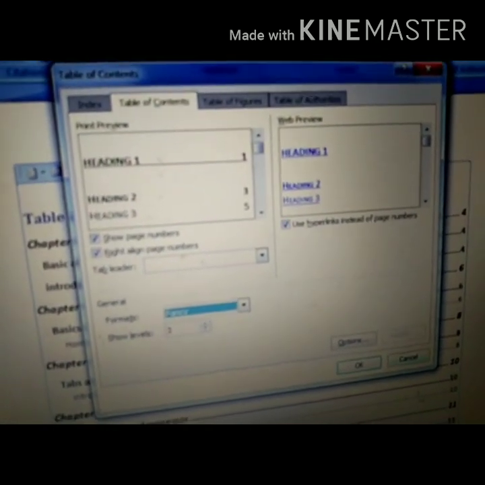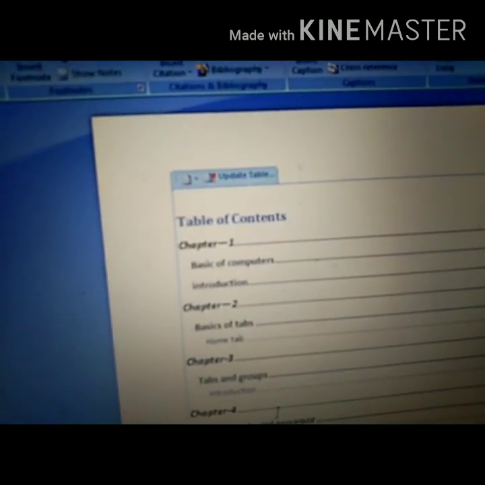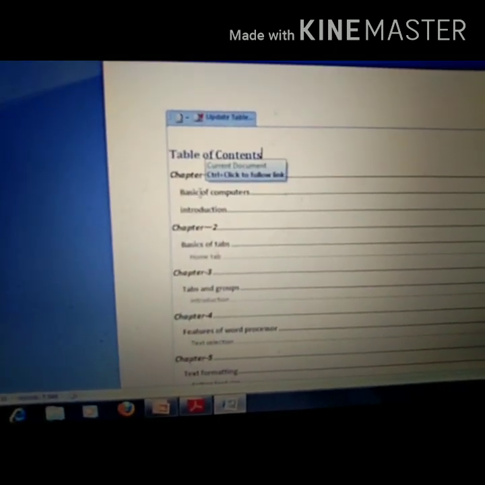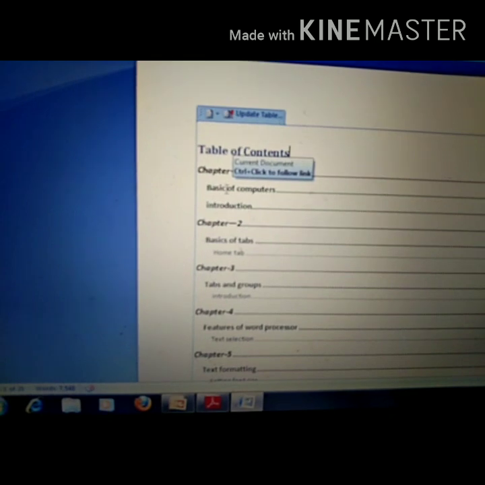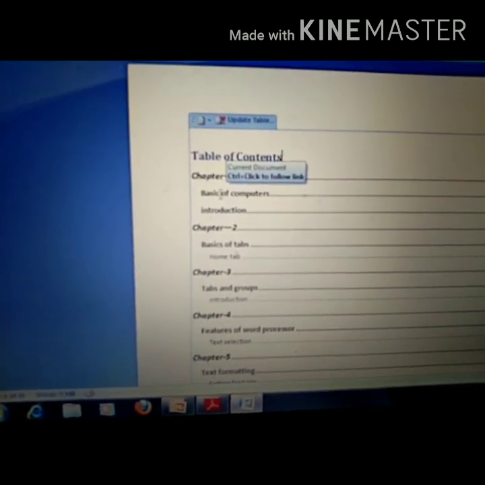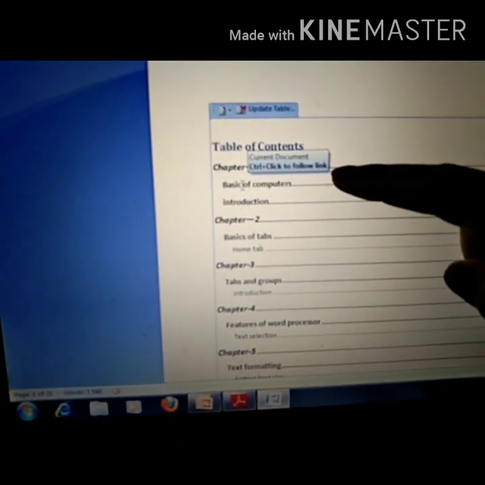Okay children, suppose I am creating this book. This one is my chapter index. Here these can act as hyperlinks also. Hyperlink, you understand? When you click on that one, you will move on to that one. You will check what is written there: Ctrl plus click to follow this link.